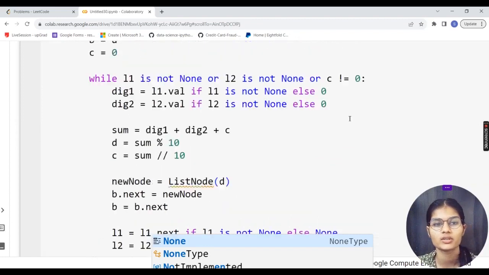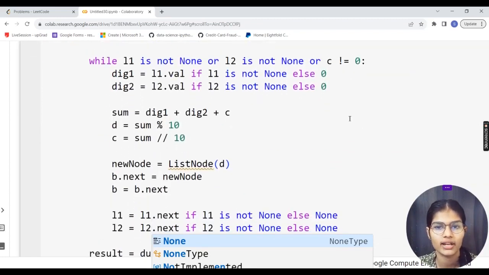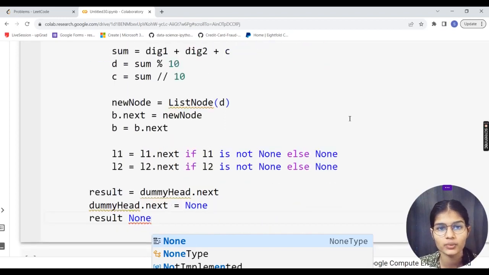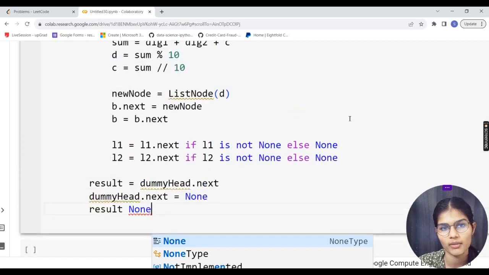So we made a solution class, we made the functions, we assigned the different values, and we are checking if L1 and L2 are not empty. In that case we go on to the different positions and add both of the things, and if there is a carry we add that carry number too. This is checked with the help of the sum and the remainder.